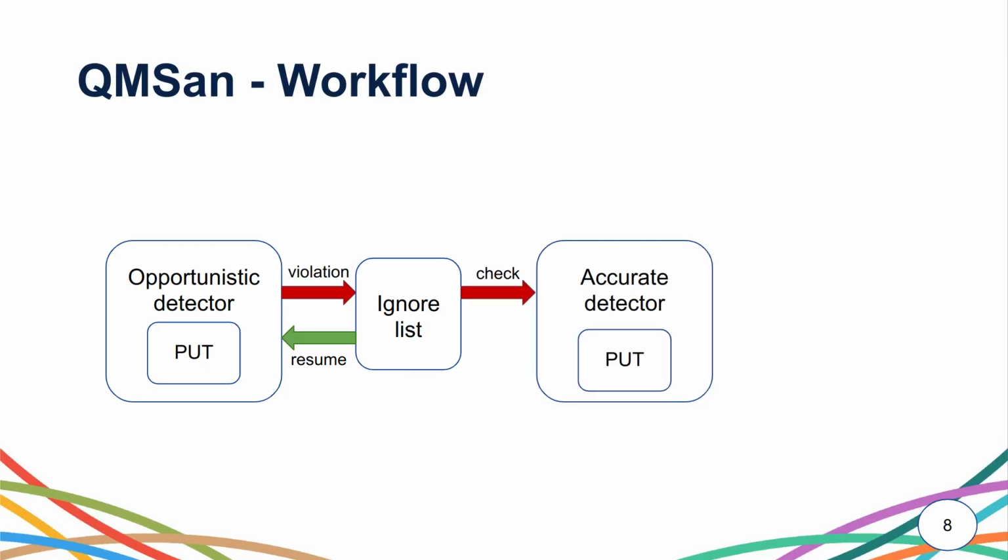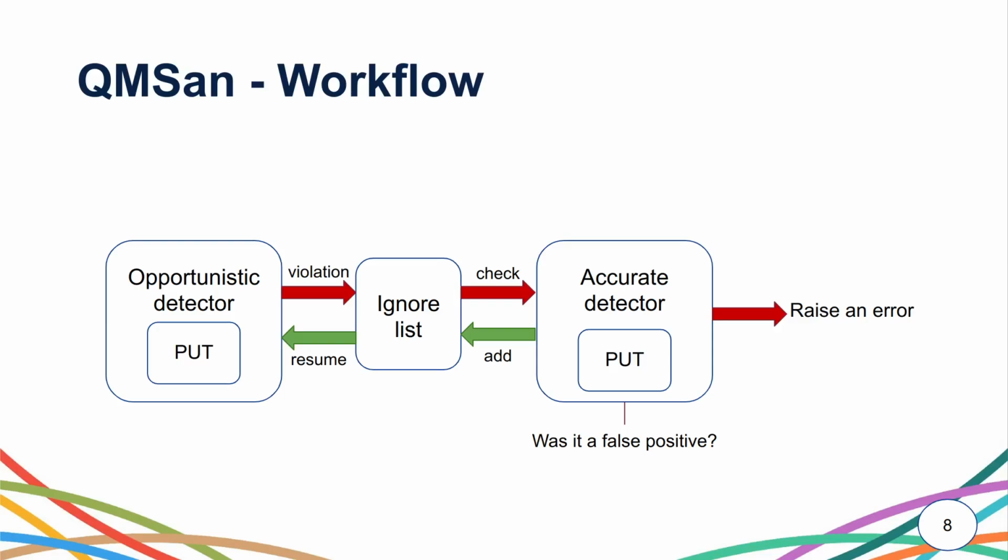Otherwise, we have to check this new violation with the accurate detector, which means that we are going to replay the execution with the accurate detector, which will tell us if this was a false positive or not. If this was a false positive, we add the violation back to the ignore list and we resume with the fuzzing. Otherwise, if this was not a false positive, we raise an error